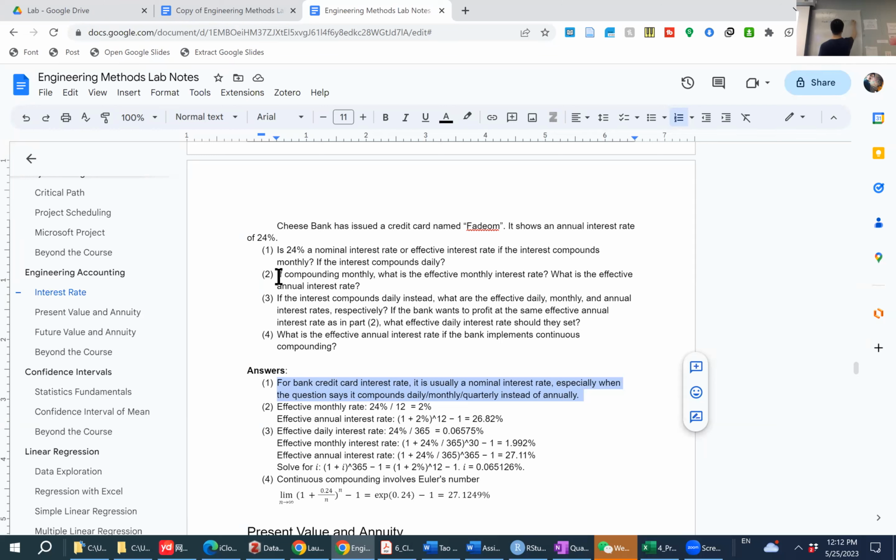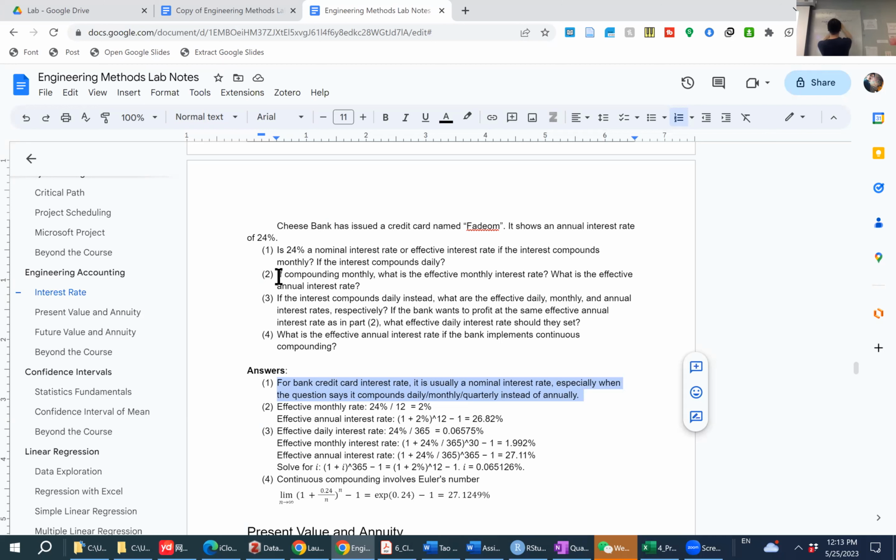That's 2%. We call this the effective monthly rate. Then we transfer that to the annual term again. That would mean that if I borrowed $1 from the bank on my credit card,